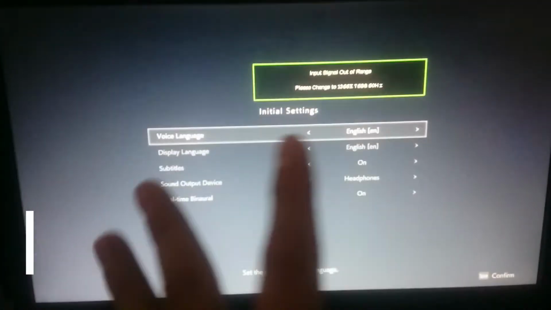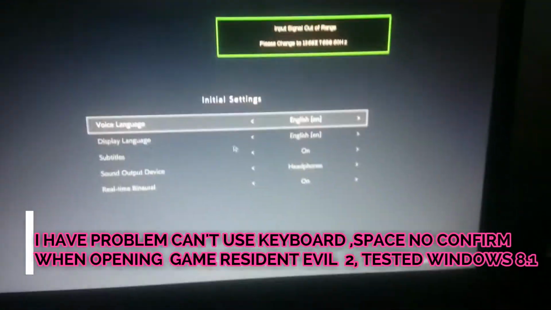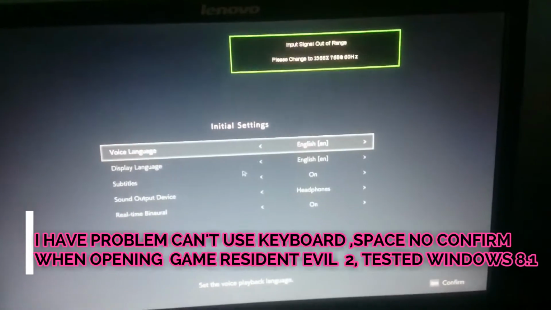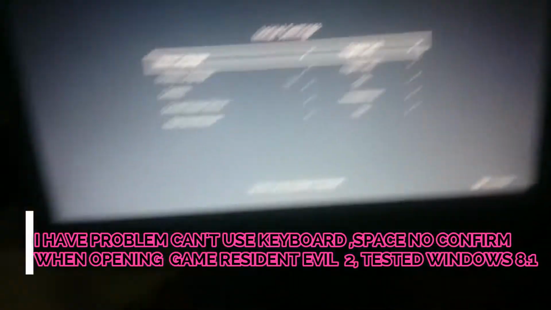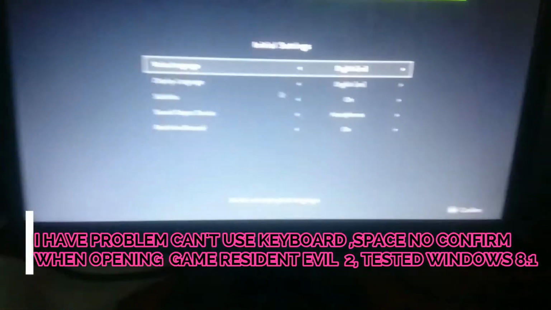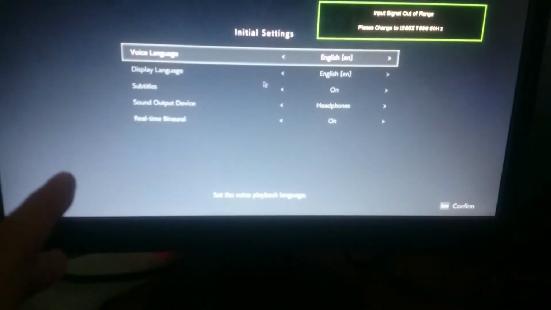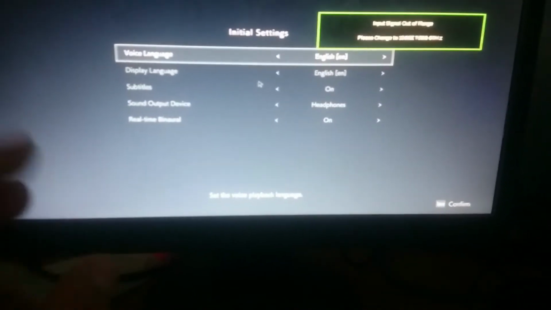Okay guys, I have a problem in the game Resident Evil 2: it can't use the keyboard. Like this, it can't respond to space to confirm. Okay. For this, I found the solution. This problem